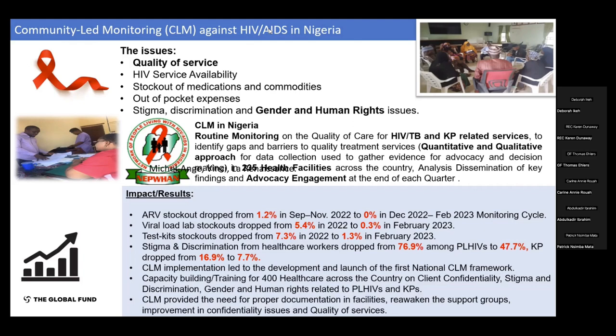And we have also worked in different facilities across the country where these data are being analyzed and also are being disseminated based on the findings identified. So briefly,